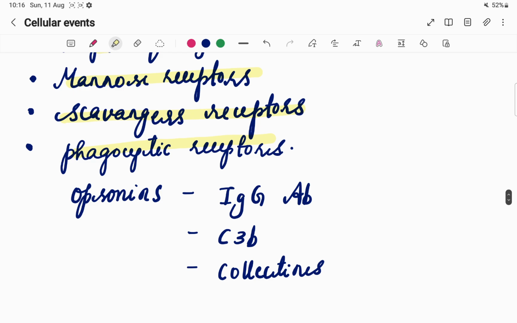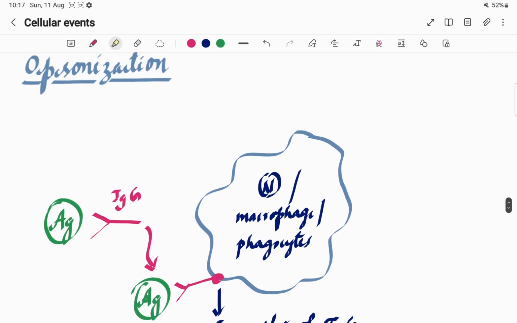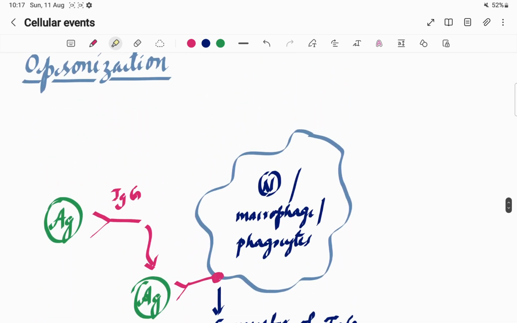So these phagocytic receptors are receptors for the opsonins. So that includes receptors for IgG antibodies, then C3b and collectins. And these opsonins help in opsonization, which holds some clinical significance. That is, നമ്മുടെ opsonization എന്ന് പറയുമ്പോൾ